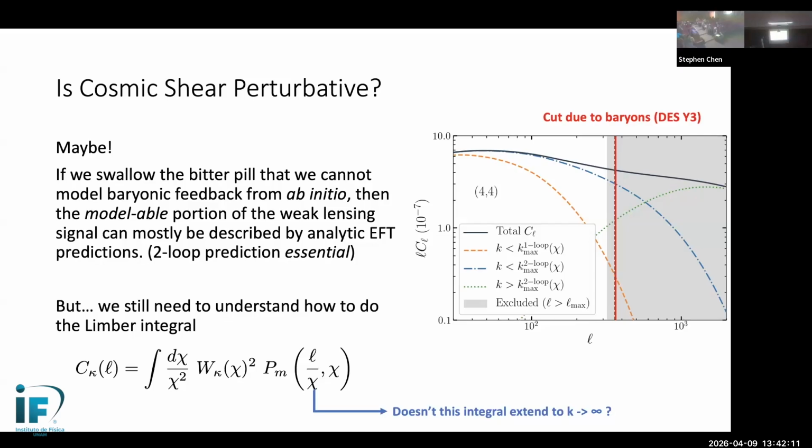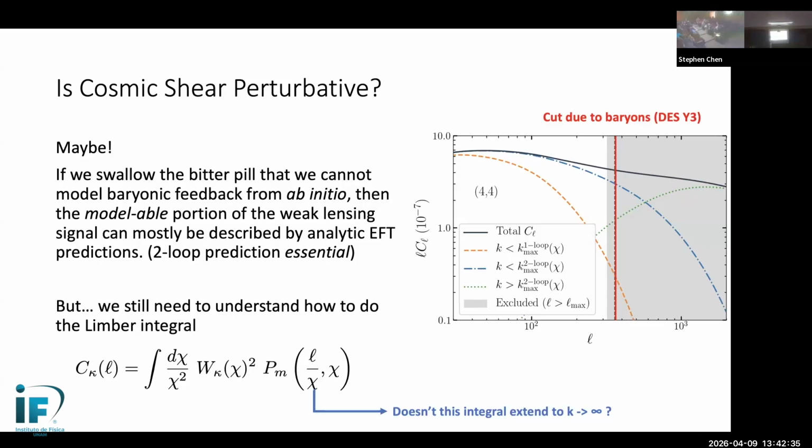That is, if we swallow the bitter pill that we cannot model baryonic feedback from first principles from hydrodynamic simulations, then the modes that you can get in n-body simulations anyway are already modes that can be probed by the two-loop analytic prediction. And so here you can see, for example, the red line is the cut that DES had to make already